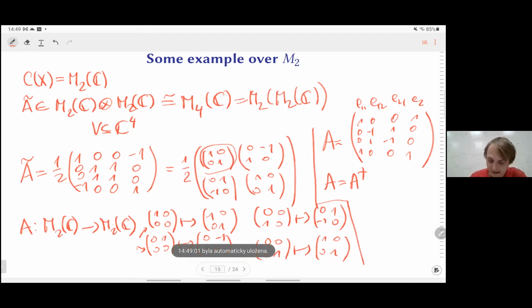Okay, if not, then the second thing I want to talk about now is how to do classification. And I guess this is already slightly evident from this example. So if you want to classify all quantum graphs over M2, you somehow just classify all projections, and those are exactly in one-to-one correspondence with vector subspaces. So that's the whole idea. And the only slightly complicated thing turns out to be if you want to classify up to isomorphism, which of course makes sense, which will make it slightly more involved, I guess.